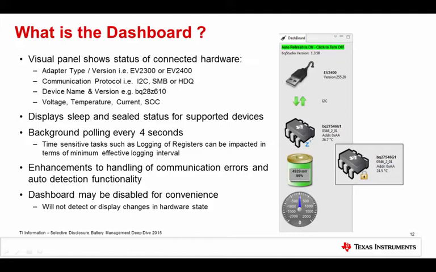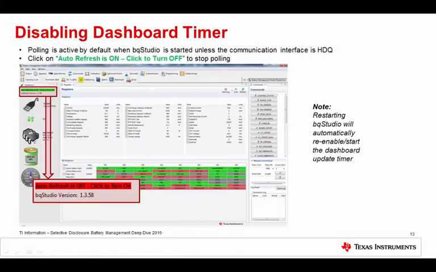It does do some tracking in terms of a bit of a heartbeat. So if you're doing things at a low-level communication point and you want atomic or fixed access where nothing else is going on in the communications interface, you're going to want to disable that. I'll show you that in a minute. But be aware that the dashboard is there and it's monitoring and tracking and reading in much the same way that a platform would read voltage, temp, current, etc. on a regular basis, as well as state of charge and so on. There have been some significant problems in the past with the dashboard interfering with log functionality, specifically if you had long wires connecting to your COM interface because you were debugging.